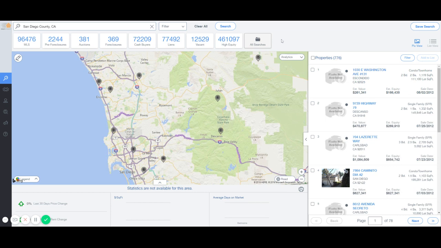So hopefully this was insightful. Hopefully you learned a lot, especially getting comfortable with Propstream. One thing we've learned is a lot of people get Propstream, watch their webinar, watch some of their tutorials, and start playing around with it, but they don't really know how to utilize it to its full potential. It's more than just